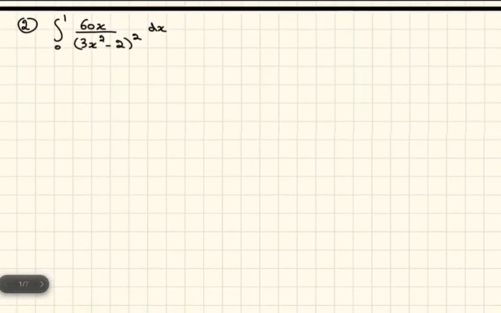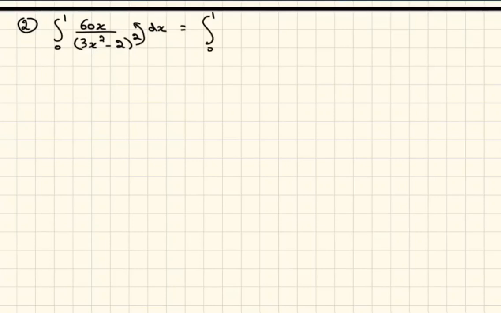Number 2. This question, they're telling you find the integral from 0 to 1 of 60x over 3x squared minus 2 all squared. Whenever we have something down, I cannot really work with it, so I have to bring it up. So integral from 0 to 1 of 60x multiplied by 3x squared minus 2 exponent negative 2 dx will become,